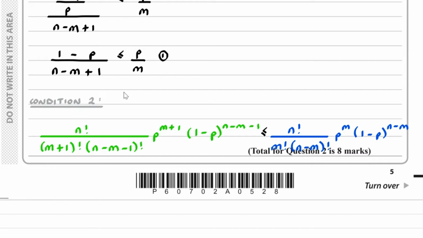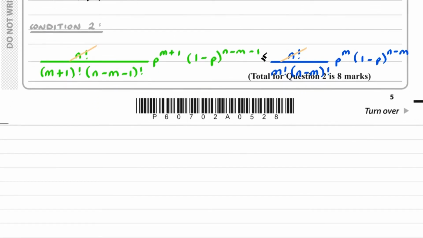Now, as before, the n factorials cancel, so that means we are left with p to the m plus 1 times 1 minus p to the n minus m minus 1,